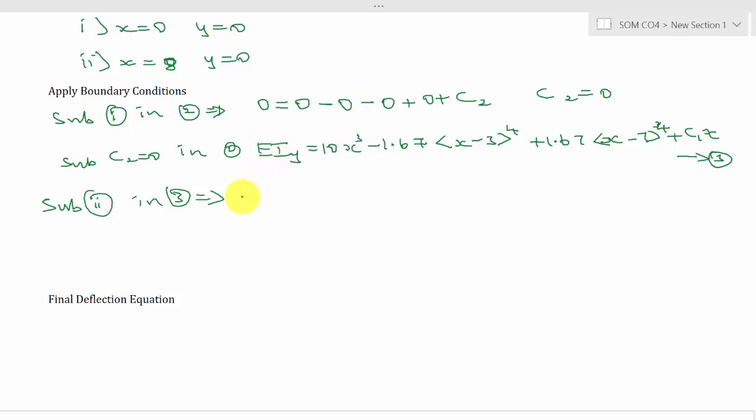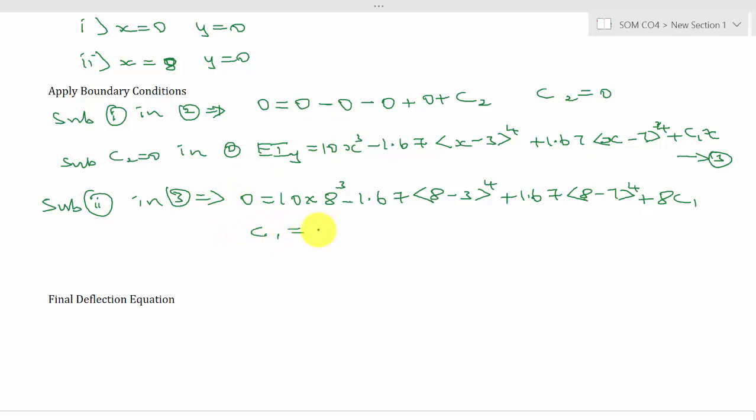So y is 0. Then 10x square is 10 into 8 cube minus 1.67, 8 minus 3 the whole power 4 plus 1.67, 8 minus 7 the whole power 4 plus 8 into C1. So if you look into the brackets, here you will get the positive value and here also you will get the positive value. So we don't need to worry about the brackets. So if you solve this, finally you will get the C1 value as minus